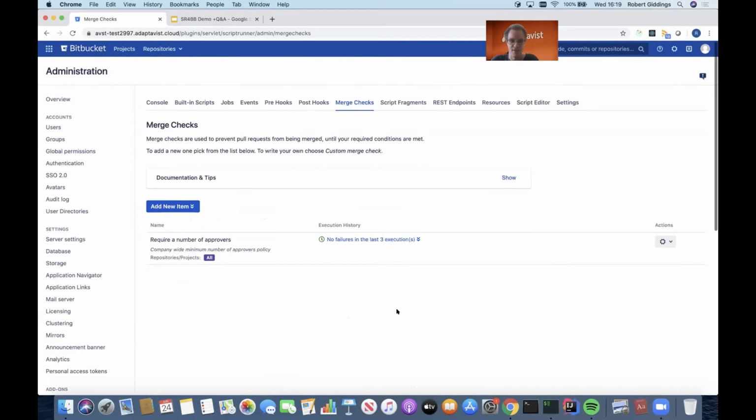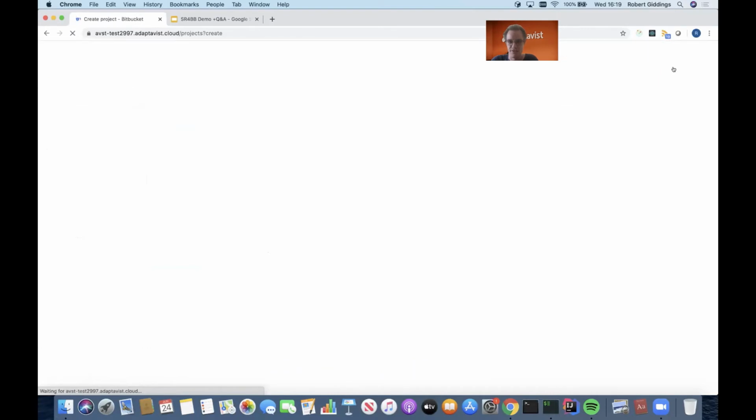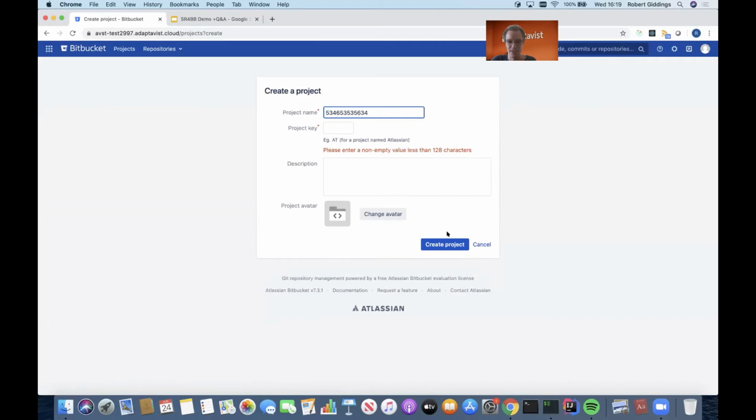So with that said, now I've set up these hooks, and this is the administrative section of Bitbucket. Now I'm going to show you how some of them are actually used in person, as it were, while you're using your development. So if I go to projects, for example, and click on create project, if I was to write a nonsense project name like this, which no one should really want in their instance, and click create project,